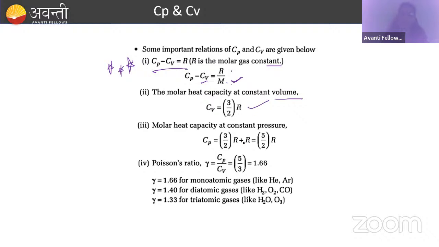मैंने अभी आपको बताया Cv 3/2R होता है और Cp 5/2R होता है, और इनका रिलेशन 1.67 होता है। अभी हम लोगों ने एक प्रॉब्लम सॉल्व किया था, ठीक है ना। 1.66 किसके लिए होता है? मोनोएटॉमिक गैस के लिए। 1.40 किसके लिए होता है? डायटोमिक गैस के लिए। 1.33 किसके लिए होता है? ट्राइटोमिक गैस के लिए। ये गामा की वैल्यू है, पॉइजन रेशियो, Cp/Cv वैल्यू। यह मोनोएटॉमिक गैस, यह डायटोमिक गैस और यह ट्राइटोमिक गैस है। यह बहुत इंपॉर्टेंट है क्योंकि एग्जाम में प्रॉब्लम में पूछा जा सकता है।